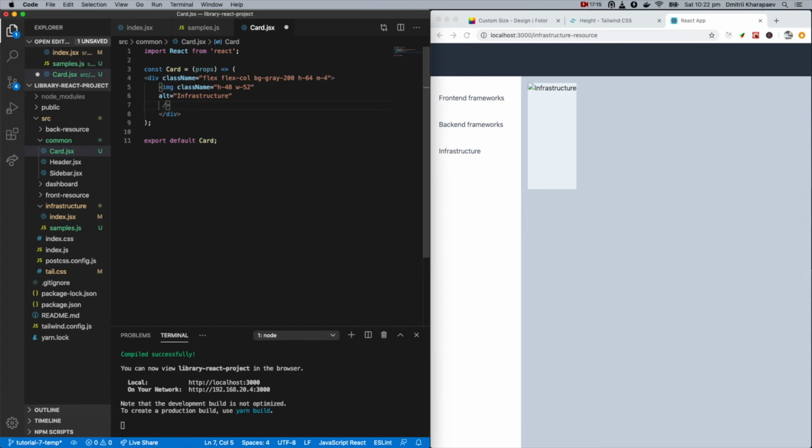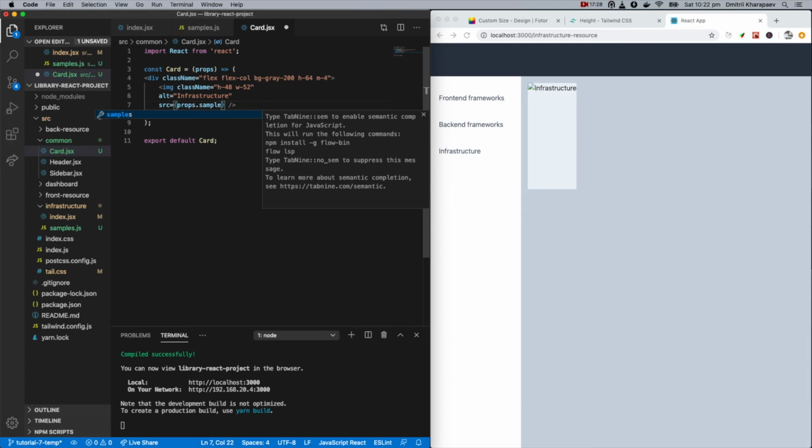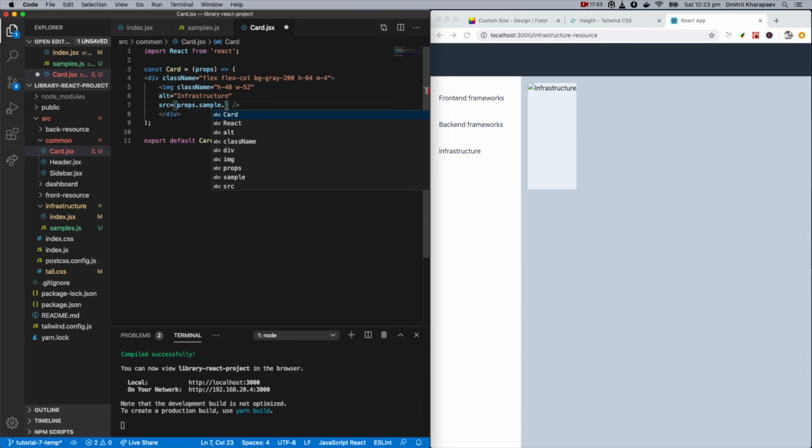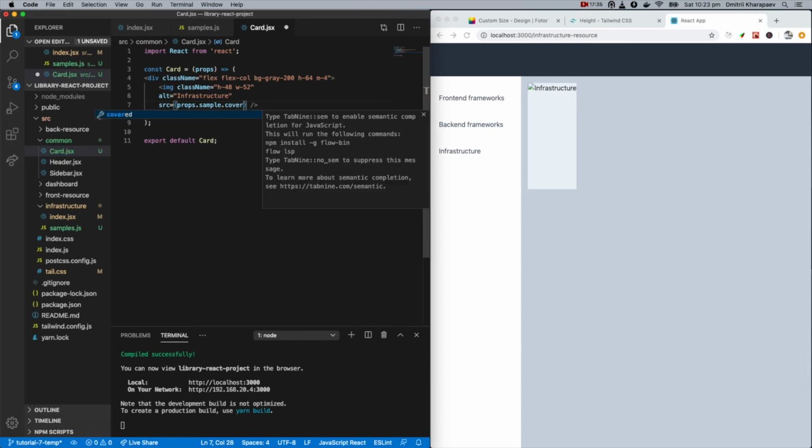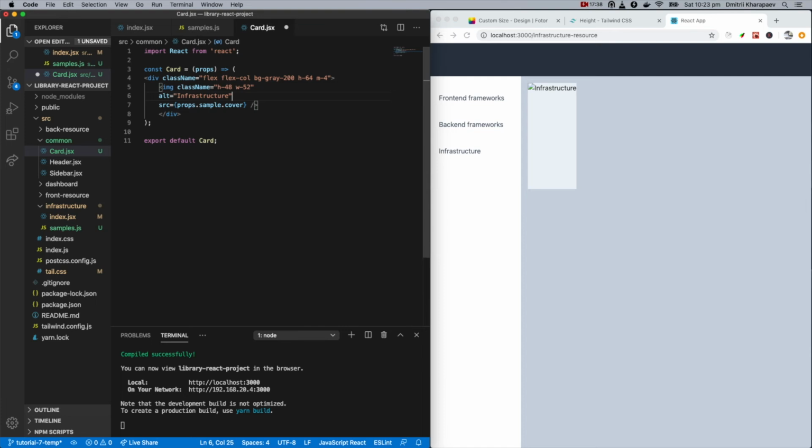You can see guys, it appeared, right? And now I'm going to say source equal, and guys, props dot sample, right? As you remember, we pass in sample, so we pass in prop here, and then we need the actual cover photo, right? As you remember, I called this attribute cover, right? And straight away guys, here you can see it appeared. Yeah, we're already passing it, which is pretty cool. So guys, next thing,